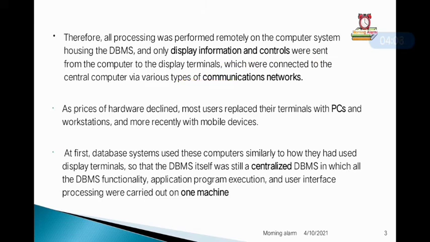This is the basic structure of the database system, and still it is a centralized DBMS.